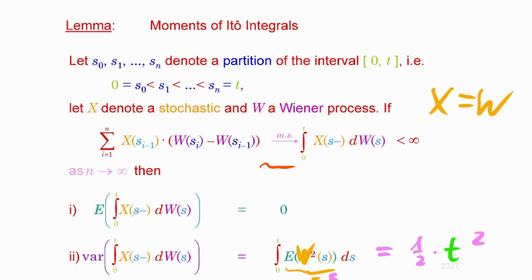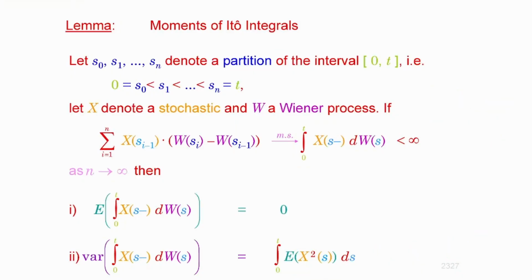I just wanted to stress this. You understand this, guys? So we were just deriving that. That 1/2 times t squared was the variance of the Itô integral, but under this condition, where the integrand is also a Wiener process, by the way. But that is a more general case. Do you understand now why this function with respect to s needs to be finite and needs to be continuous almost everywhere? And that is a point.